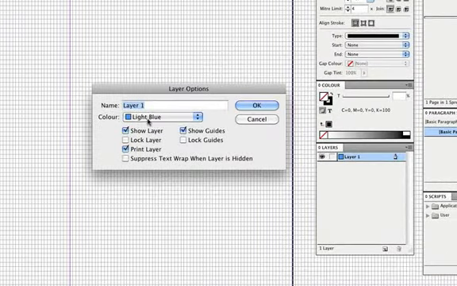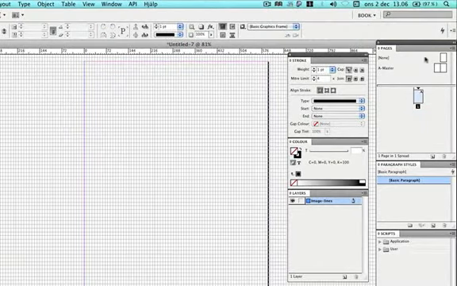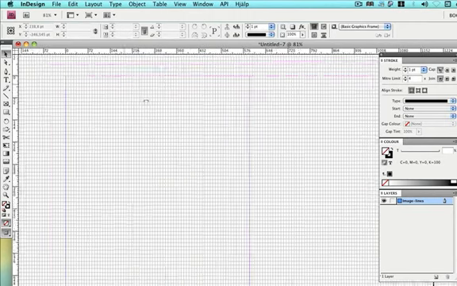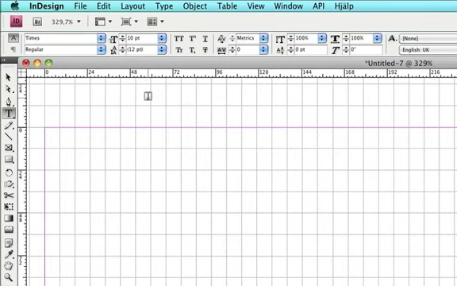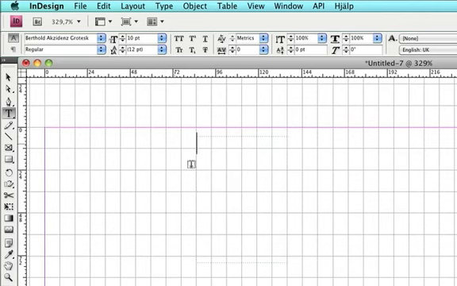So let's rename Layer 1 to Image Lines, because now we're going to create the image lines. Let's delete this text and go to the master pages. The first thing that we need to do is select the font size appropriate to the leading that we're going to work with. In this case I'm going to select 10 points, and I'm going to select the font that I want to work with. So I'm going to enter the lowercase character F in 10 points,